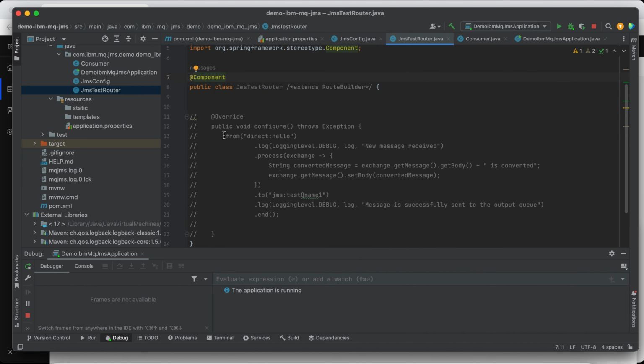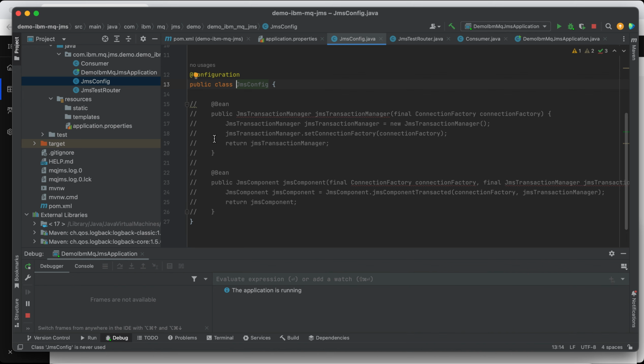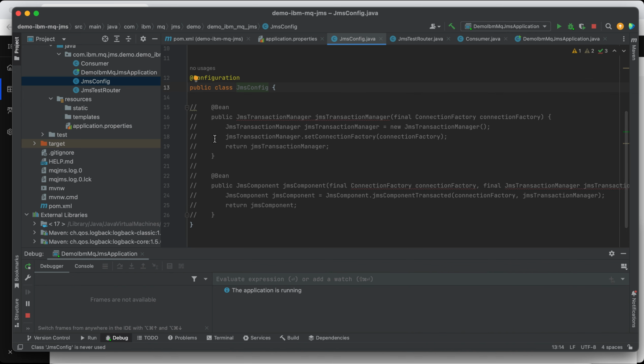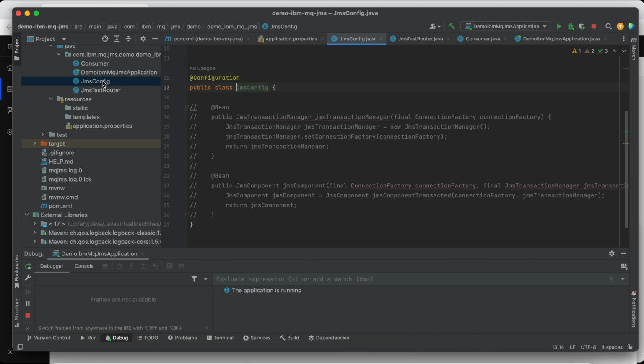First, we need to configure some JMS transaction manager and JMS component. Why? Because we are going to tell Apache Camel to redirect our request to the JMS component. That's why we need this, right?